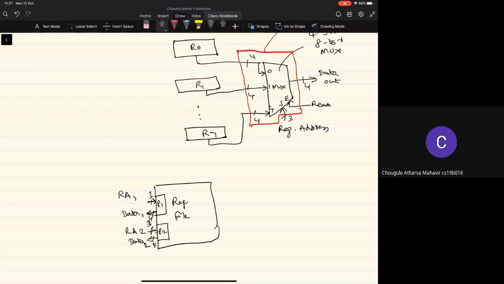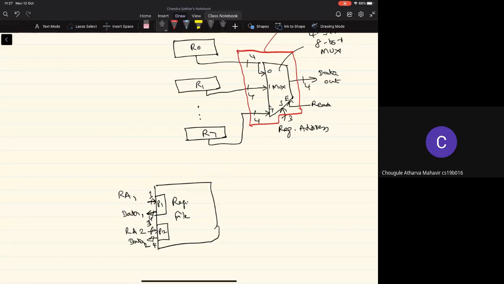So we see that one can have a register file with more than one read port. Basically, there'll be that many multiplexers. At a later point, maybe in the next course, we'll see why we need register files with multiple ports. First of all, the number of registers in the register file will be very large. Typically, it can be anywhere between 32 to 64. And we'll be interested in reading the contents of multiple registers in the register file simultaneously, so that we can perform different operations in the execution of the program.